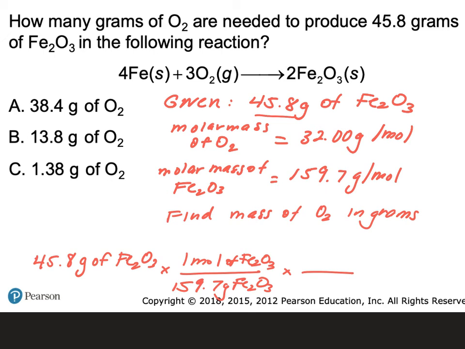I multiply by the molar mass of that product to find out its moles. Then I can use my mole conversion factor, that there are 3 moles of oxygen per 2 moles of Fe2O3. And then finally I can multiply by the molar mass of oxygen,